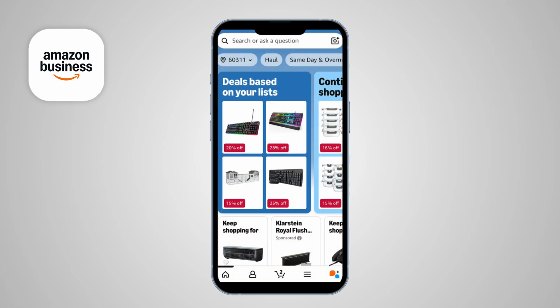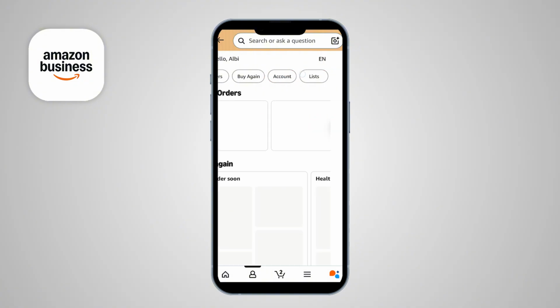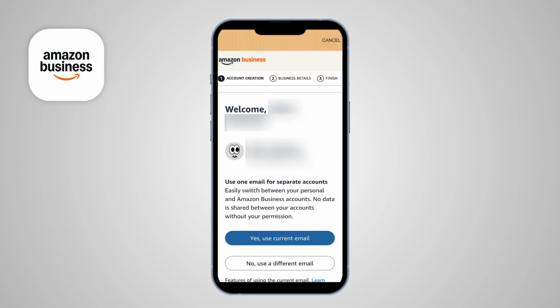Once you open the standard Amazon app and tap on this profile icon in the bottom, then you go to your account by tapping on account right here. Under program options, you can see create a free business Amazon account. Just tap on it. And then you are going to be asked if you want to use a new or